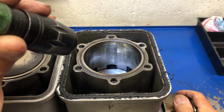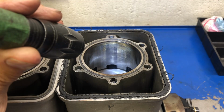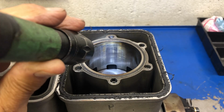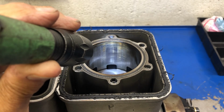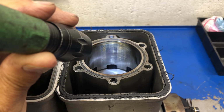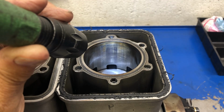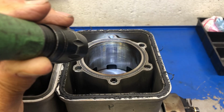So why would it do that? It could have had insufficient clearance to begin with. I don't know what size these pistons are, who made them. It could be just the temperatures are so extreme, or maybe, you know, you can get this from an overshoot as well,